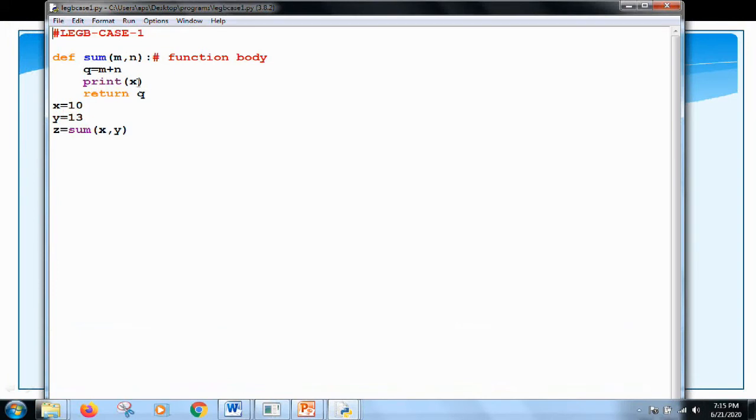For example, in this case, we are trying to access a global variable inside a local environment. x is a global variable, but if we try to access the global variable in the local environment, Python will allow it. See how the LEGB rule is followed here. Whenever some function is invoked, Python will check the variable x in the local environment of the function sum. If it is not found, then it moves to the next enclosing environment, which is the global environment in this case. So x will be found there and used here, and the value of x will be printed.